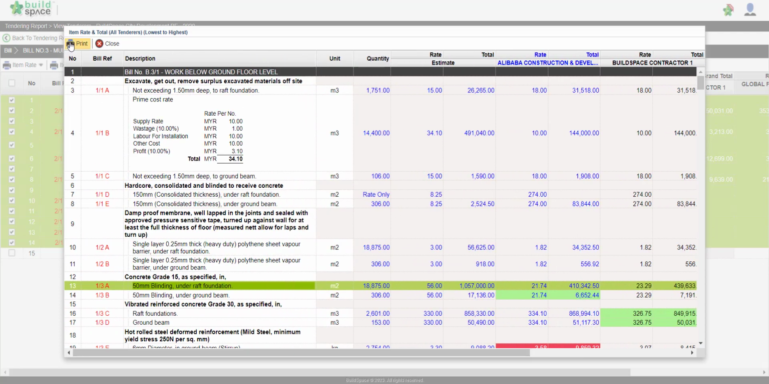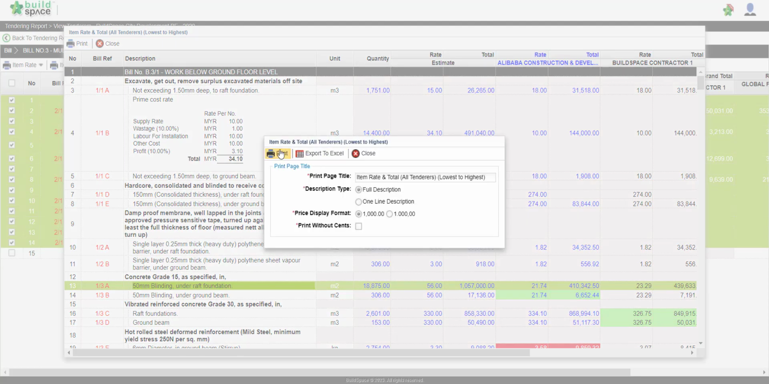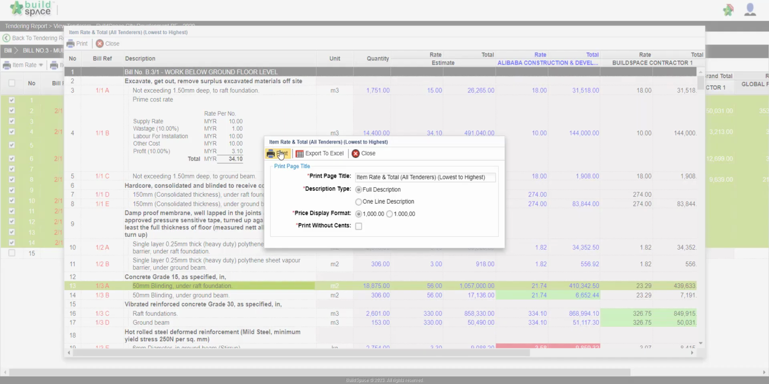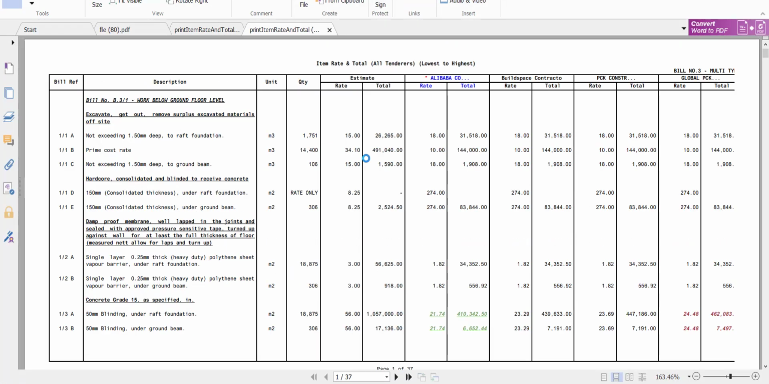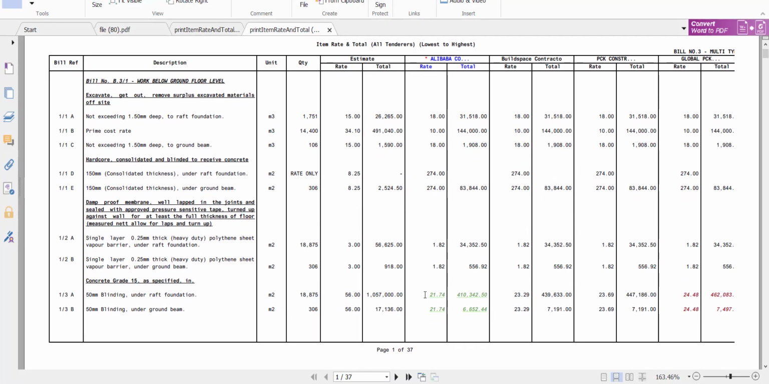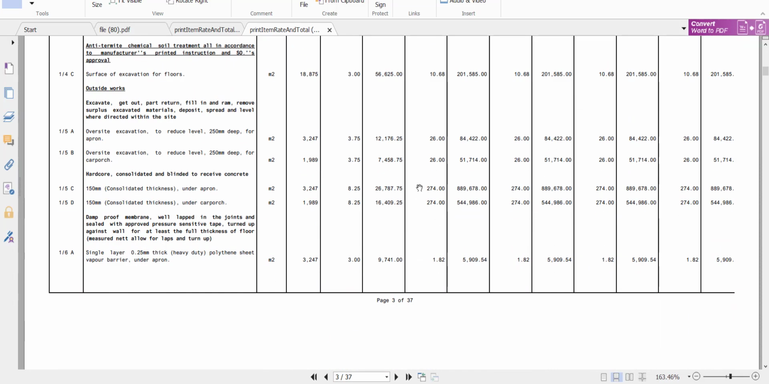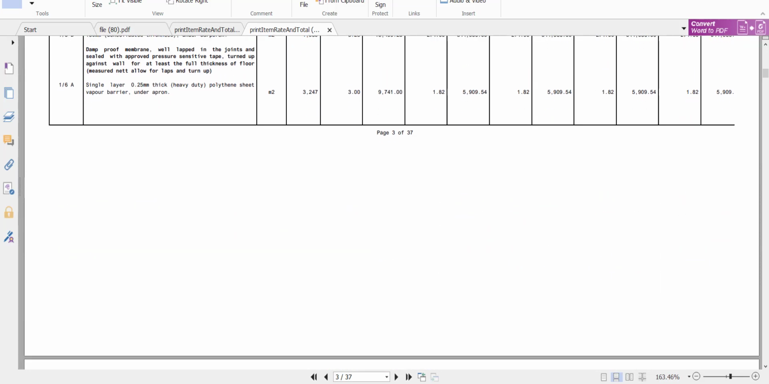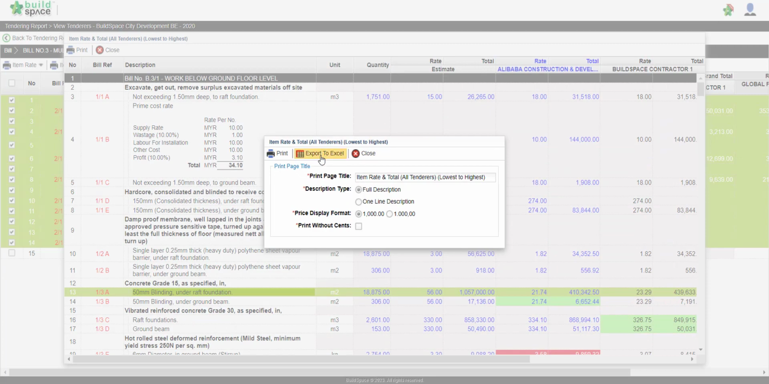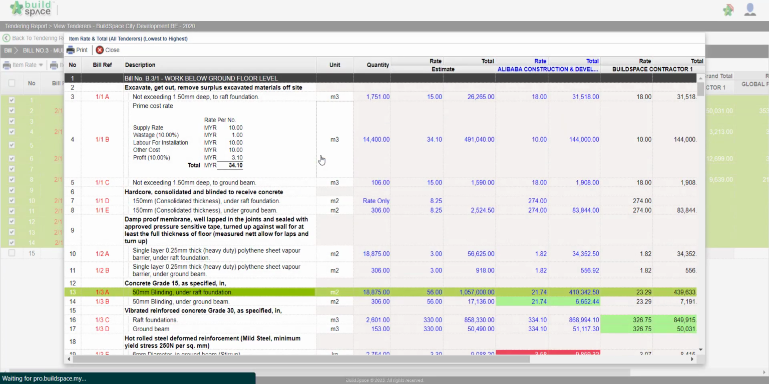So to print out, we click print. We can either print out in PDF or export to Excel. So let's say I show an example for PDF. So this is what it will look like. We will also have the green highlight and the red highlight over here. Okay, so this is what it is going to look like when we print our tender price comparison report in bill space in PDF formatting. As for Excel, we click export to Excel,